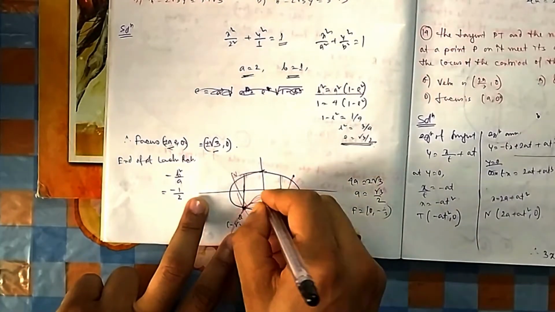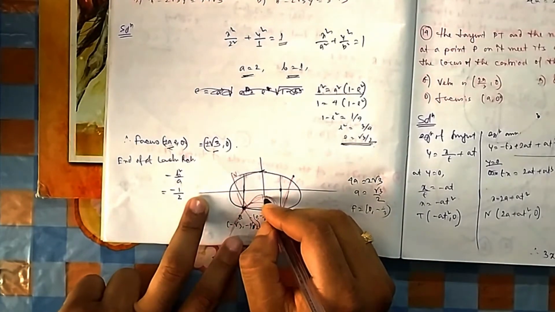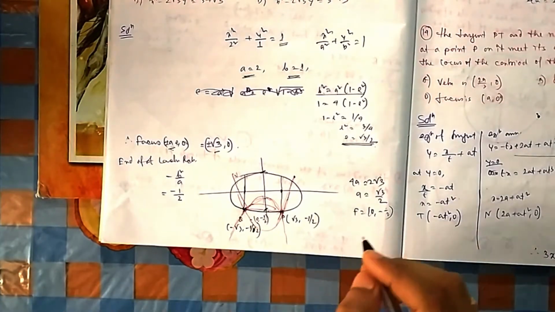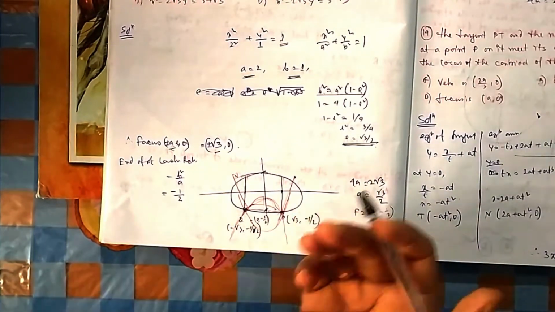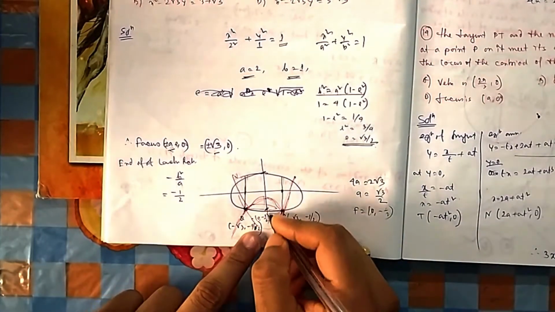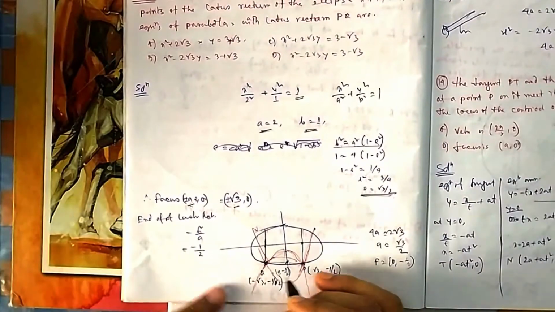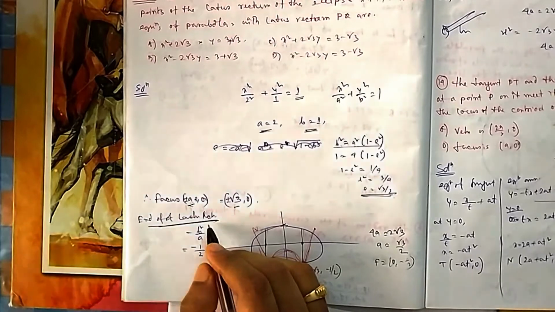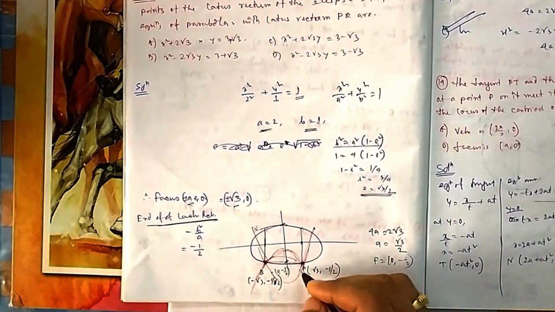So you calculate this vertex. This vertex will be at a distance of a unit from this. Then you calculate the directrix. Where is the directrix? Then you apply that the distance from the focus and the perpendicular distance from the directrix will be equal. So it will take some time, because on the negative side also you have to go, because these are two parabolas. So better you go by the options. So how do you calculate it? This will be half. There is also a formula to find the ends of the latus rectum. What are the extreme points? Either plus b square by a or minus b square by a.